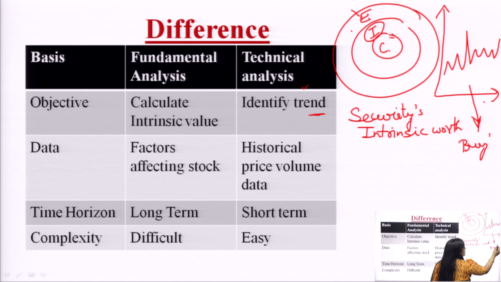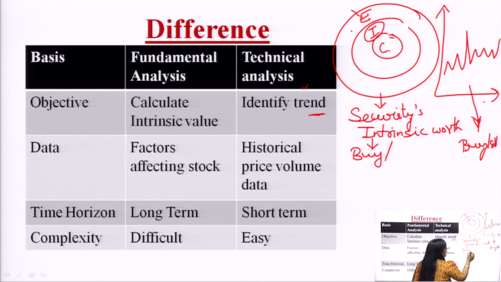or sell. So we can say that the fundamental analyst is analyzing the security's worth. Why is he analyzing? Because he wants to find out whether we should buy or sell. And what is the technical analyst doing? He is analyzing the historical price volume data to find out when to buy and when to sell. So both the analysts are doing the same thing, means they are buying or selling the security, but their method of analyzing is very different. That is why we are saying these are two alternative approaches of investment analysis or security analysis.